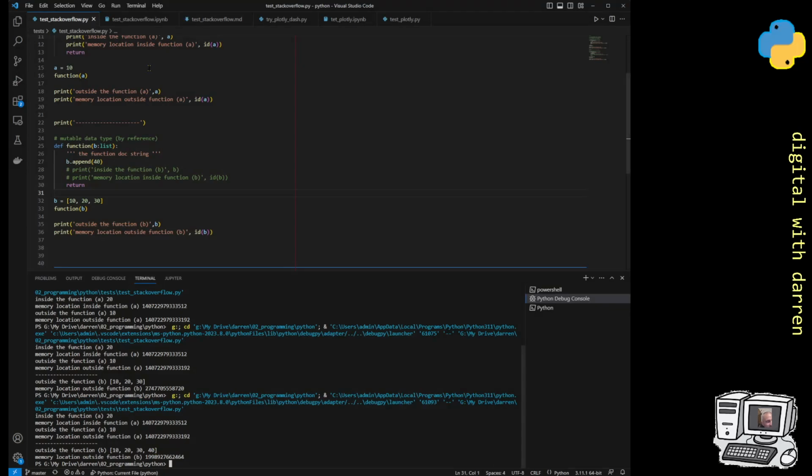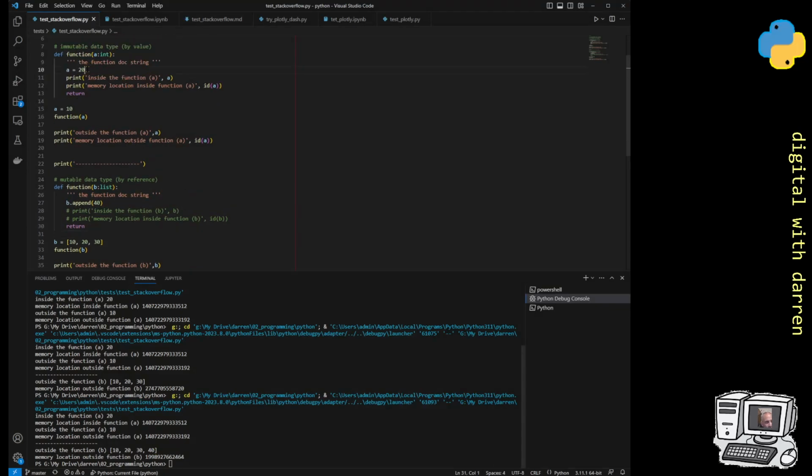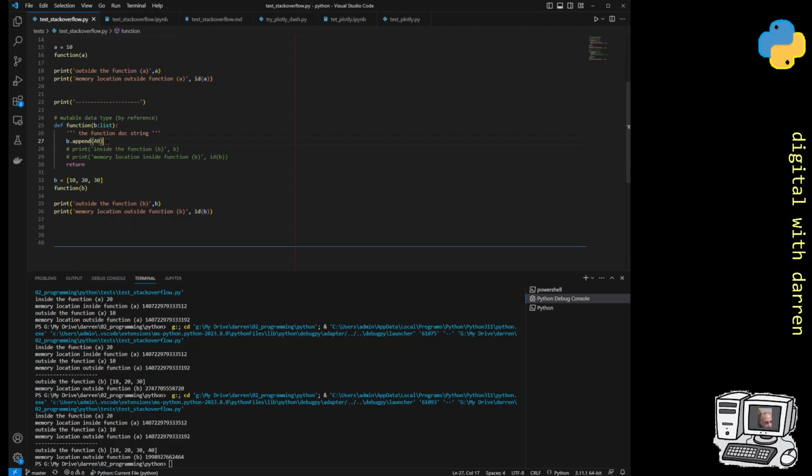So unlike in our A example, where changing its value didn't have an effect outside of the function, here doing append on B actually had an effect on our variable B here. And this is because it's passed by reference. That's the point about these mutable data types. They're not identically, but they're analogous to being passed by reference. A reference being passed, and we've changed that object by its reference. So, and I guess in order to prove that point, we can